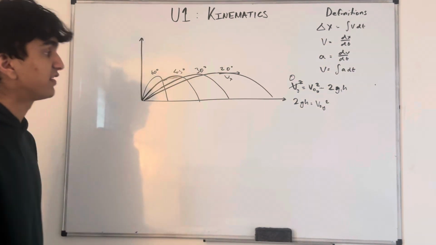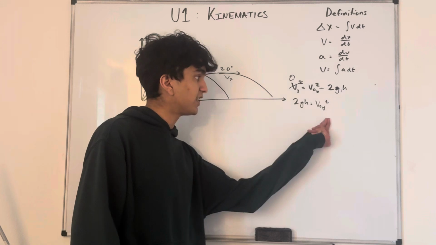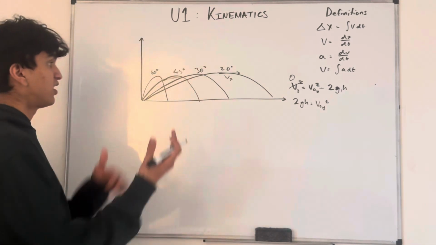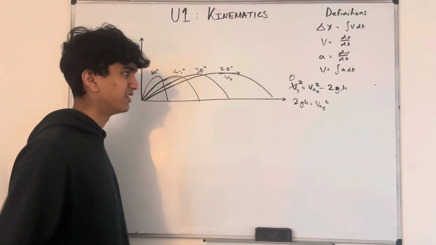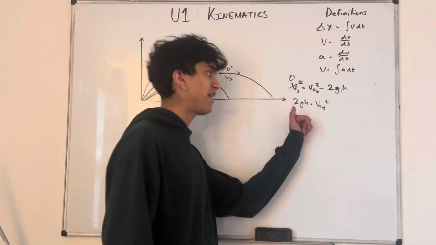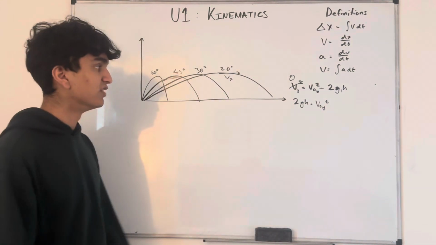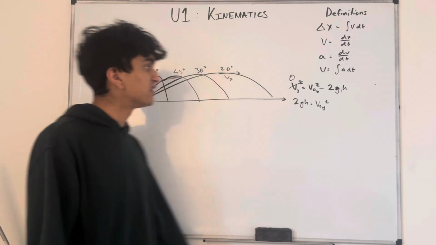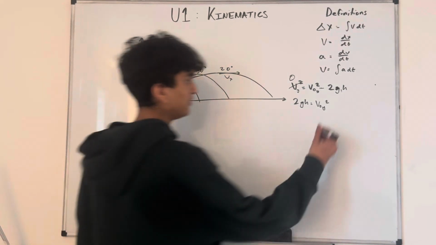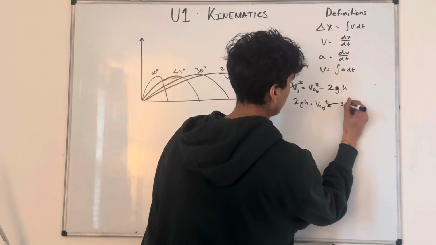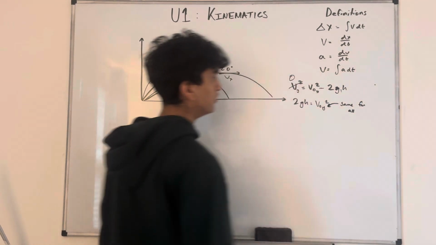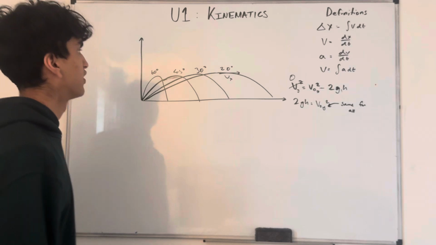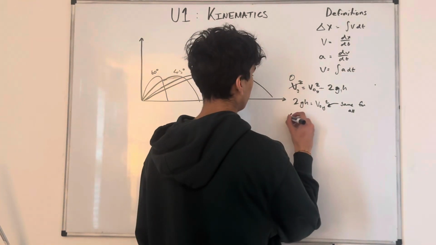What this tells me is that the initial vertical velocity is not dependent on its angle, or on its range or anything. It's just dependent on whatever the gravitational acceleration is and the height. And because they all have the same max height, I know that this is the same for all, right? Same for all. And therefore I can deduce, well, if you think about change in y equals